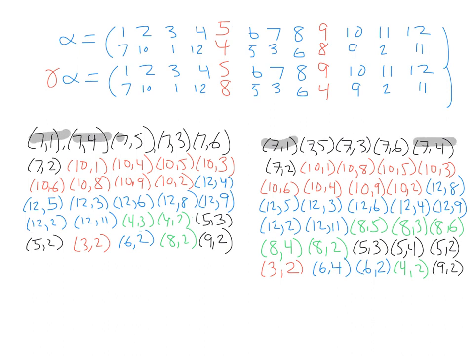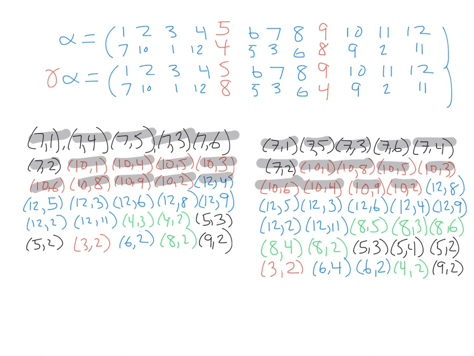7.4 is on both of them. 7.5 is on both of them. 7.3 is on both of them. 7.6 is on both of them. 7.2 is on both of them. 10.1 and 10.4. 10.5, 10.3, 10.6, 10.8, 10.9, 10.10. The 12s: 12.4 is there, 12.5, 12.3, 12.6, 12.8 is back over there, 12.9, 12.2, and 12.11 are all on